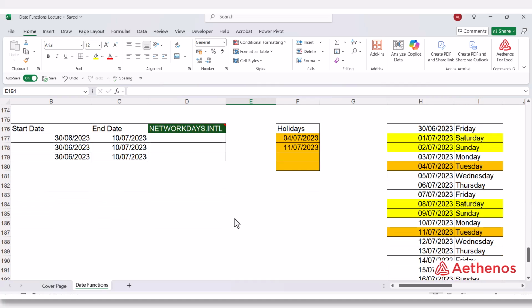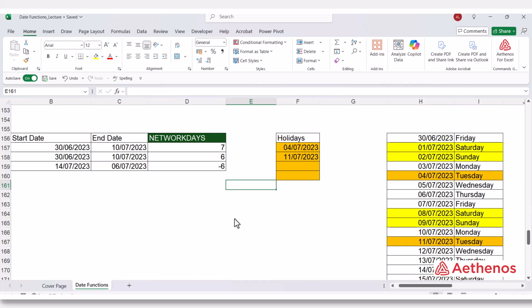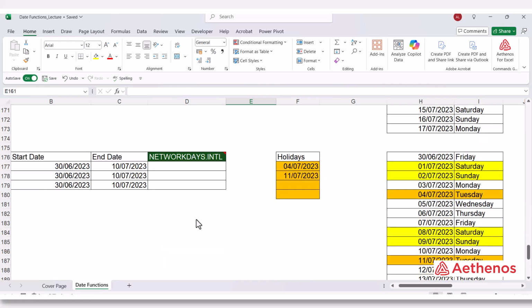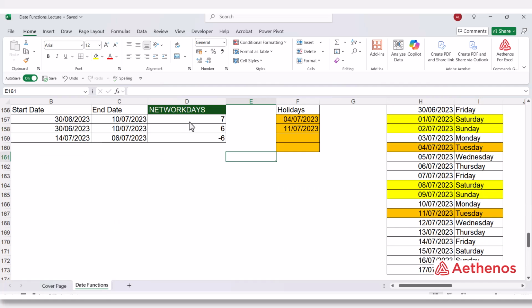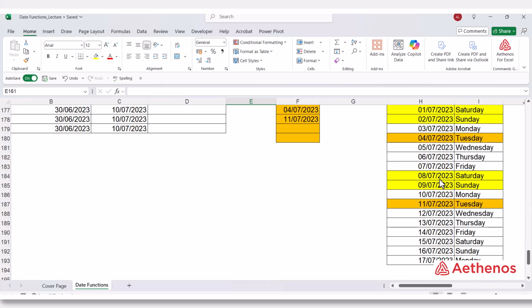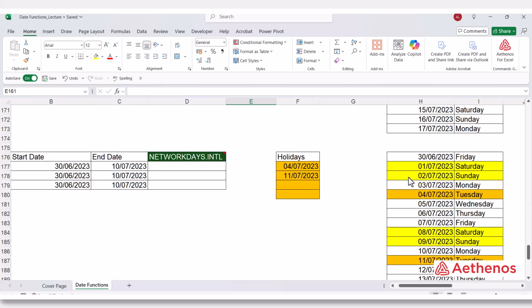Then we have additional function, NETWORKDAYS.INTL or international. So what happens here is, in addition to the NETWORKDAYS functionality, it has given us the option to define the weekend. So generally, in NETWORKDAYS, we always take Saturday and Sunday as the weekend. But here we can give our own custom weekends, like maybe Sunday is the only off day, or Sunday is the only weekend, something like that, depending on the company's policy. So let's try that. Equals